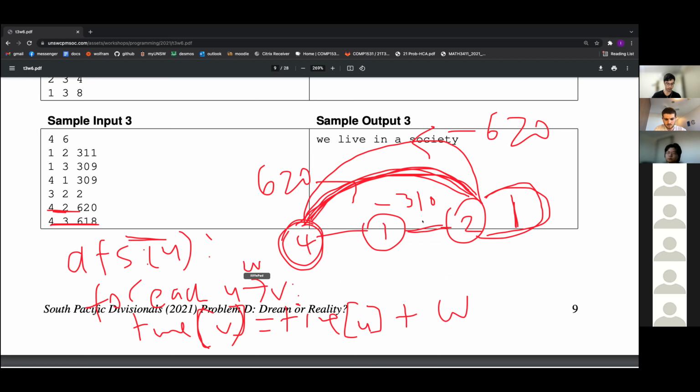That's the weight of the edge. And then we DFS.